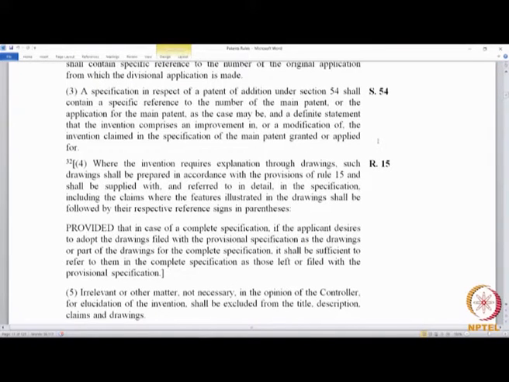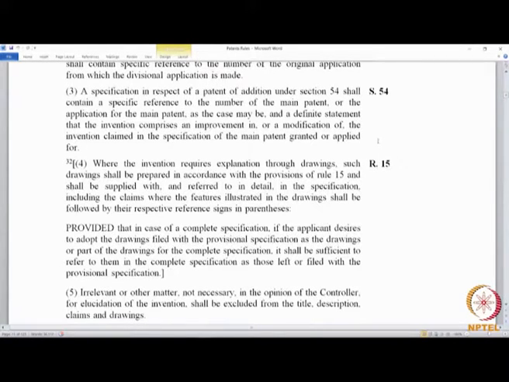Rule 13.4 was introduced recently. So, there is a change in what was there before. This was introduced by the 2016 amendment. Rule 13.4 tells us that where the invention requires explanation through drawings, such drawings shall be prepared in accordance with the provisions of rule 15. Rule 15 deals with drawings and shall be supplied with and referenced to in detail in the specification, including the claims,